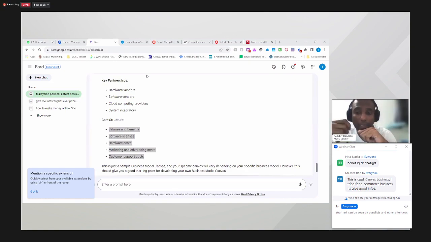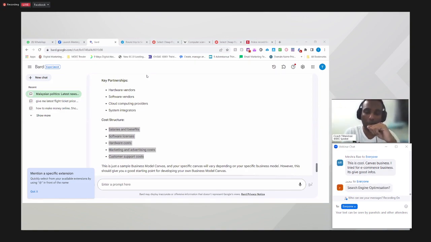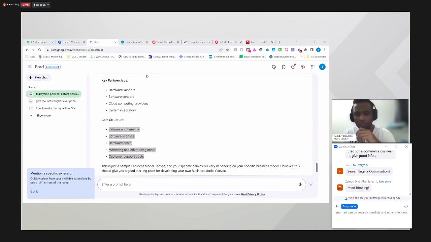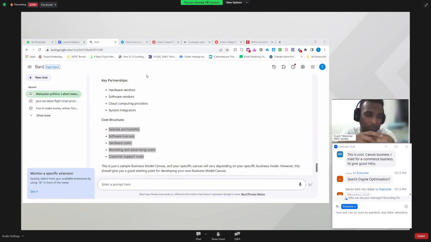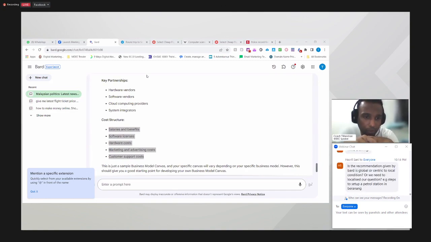For example, if I build a website, what is the Google SEO technique that I can apply on the website? Because SEO has two frames. One is on page SEO, another one is off page SEO. If you Google on page and off page SEO, you will understand this better. Yes, search engine optimization, correct. That's right, search engine optimization, SEO.